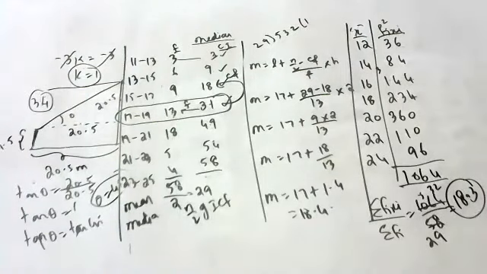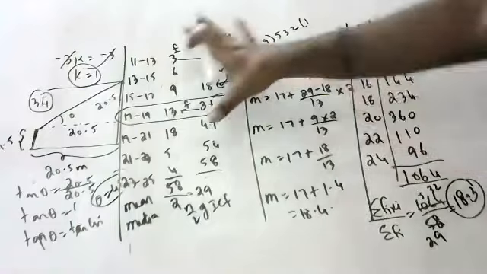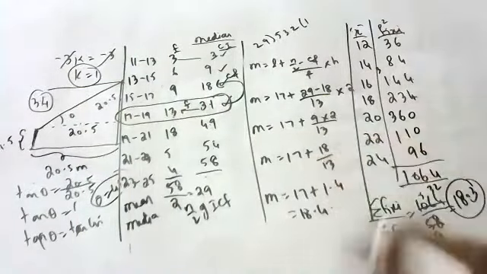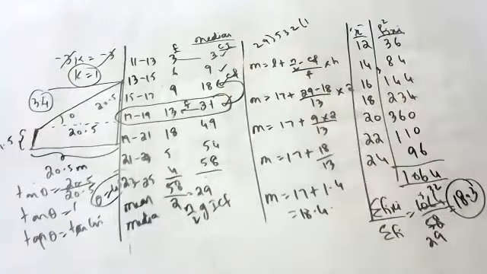Okay, in the exam you have to do it separately, children. Again, you have to draw a box and do it separately. Don't do it like me, children, you will not get marks. Median you should do one time, mean also you should do one time. Since it is a 5 marks question, you should do it entirely. Don't do it combined. So this is how you will calculate mean and median.